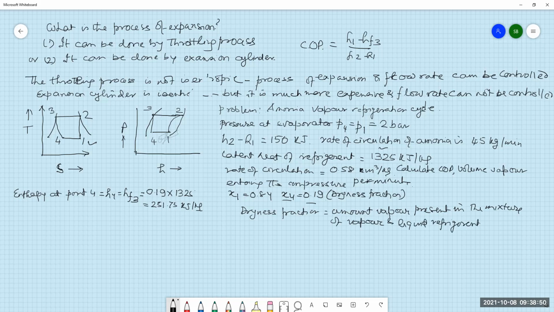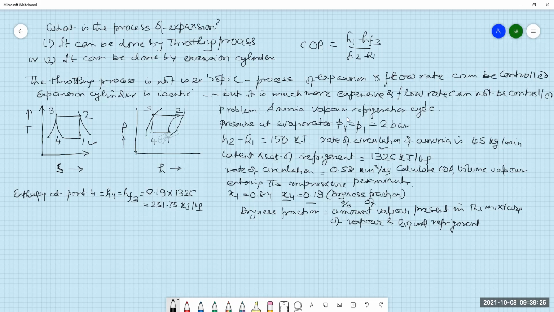So, the dryness fraction is the amount or percentage of vapor present in the mixture of vapor and refrigerant. If the fraction is only 19%, and the total latent heat of vaporization is 1325, only 19% is vaporized. So at point 4, only 19% of the heat is absorbed from the surroundings. That's why if we multiply 0.15 with the latent heat of vaporization, we get the value in kilojoule per kg